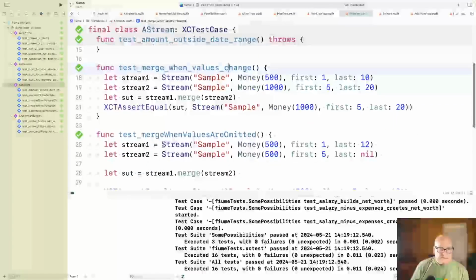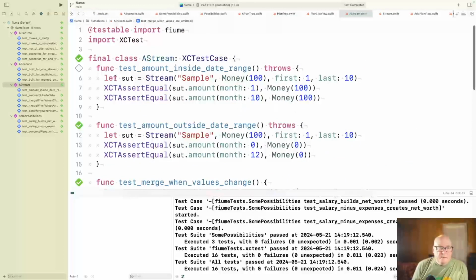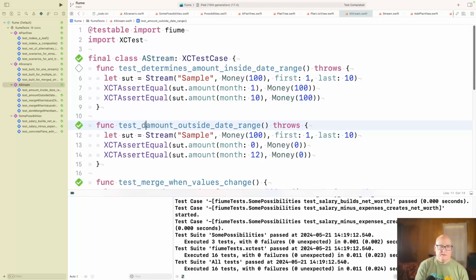Okay, I think that one's okay. Okay, and then what was the other thing? I guess determines amount, inside a date range and outside a date range.